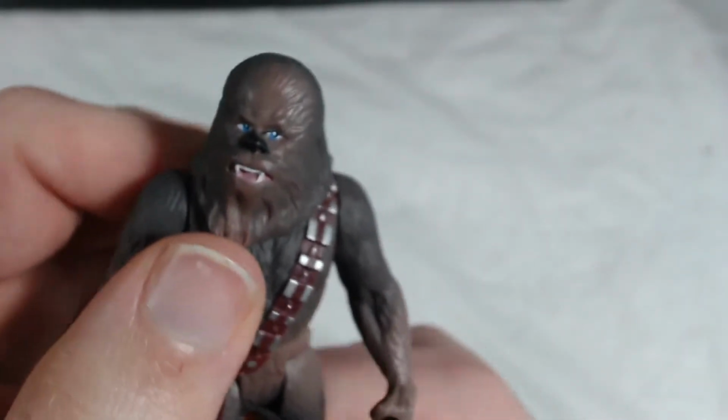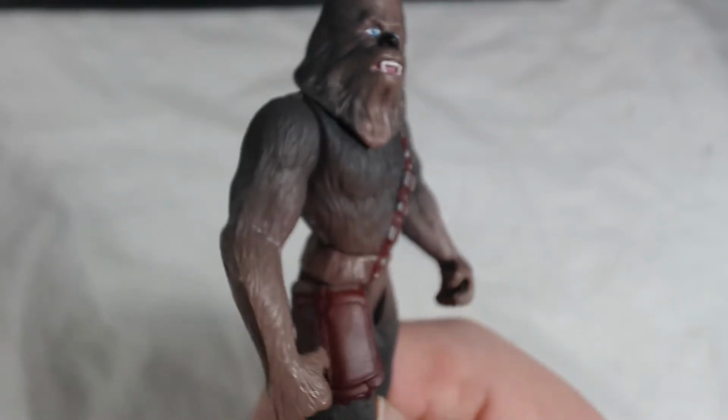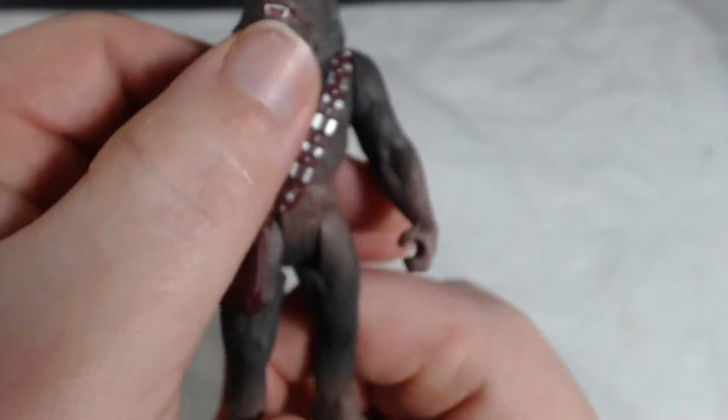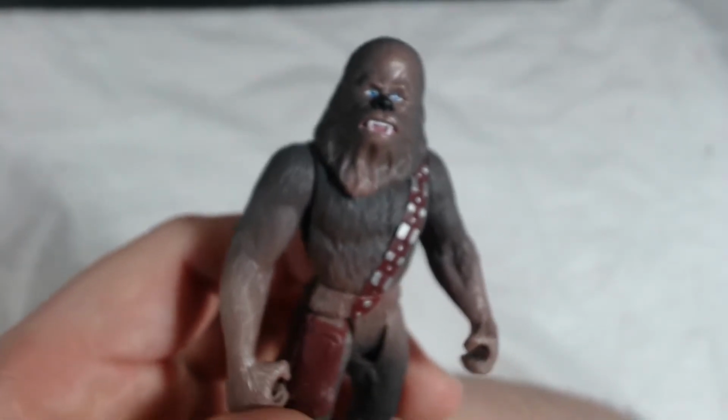And I love that instead of painting him one shade of brown, which would have been quicker, he has painted all these gradients of brown to give his body depth, and it breaks it up so it's not all one monotonous brown color. So I think that's really good. Now he comes with 2 accessories, and I was